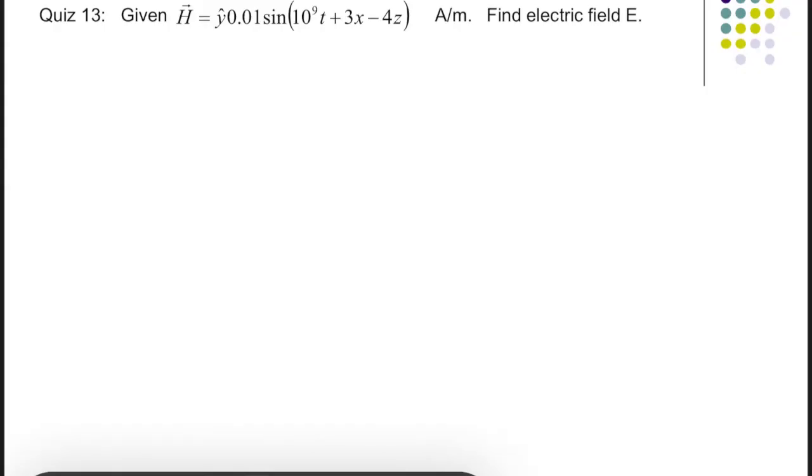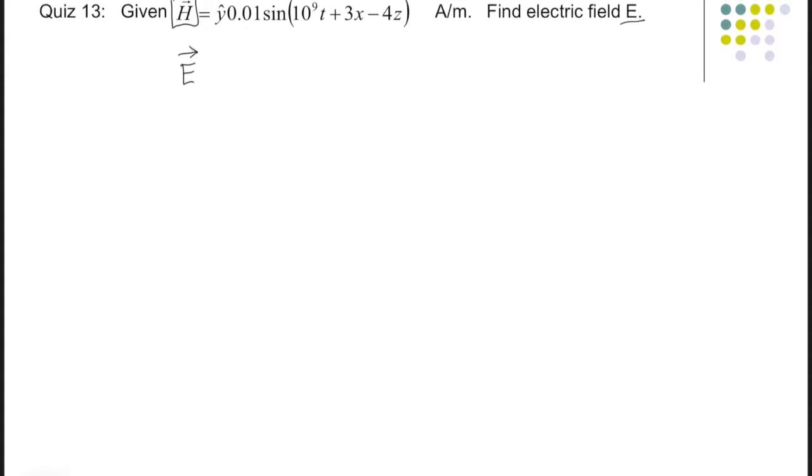So for this video, we're going to attempt to find the electric field using plane wave electromagnetic properties. What we're given is an H field, and we're looking for the E field. If we want to write the standard form for an E field, we can write E vector is equal